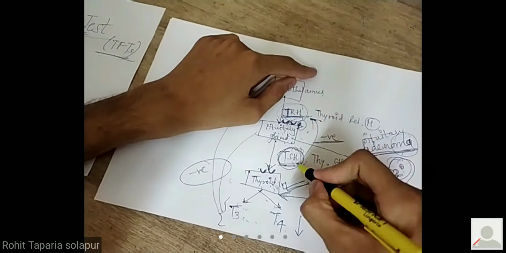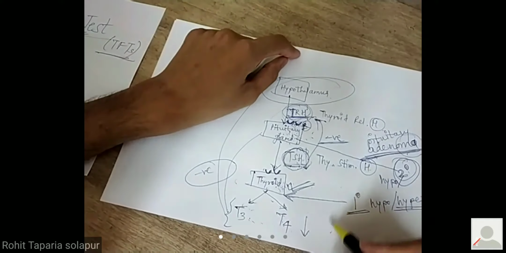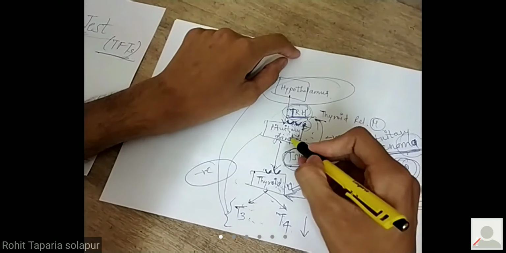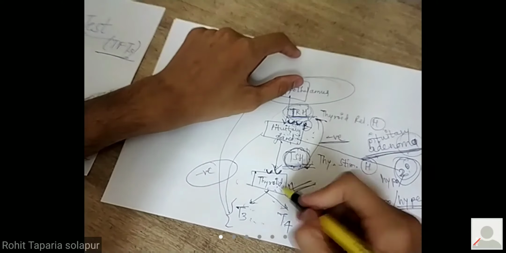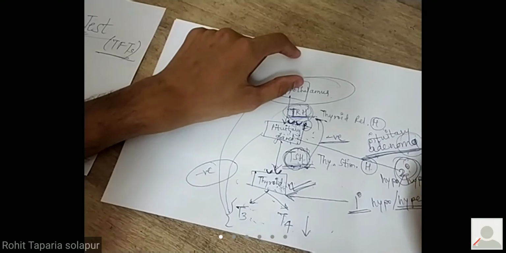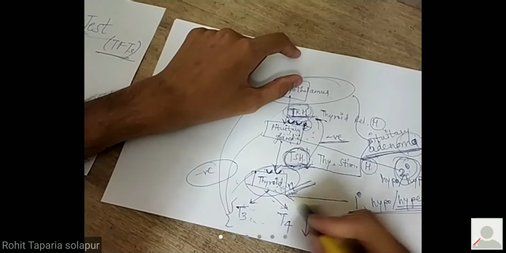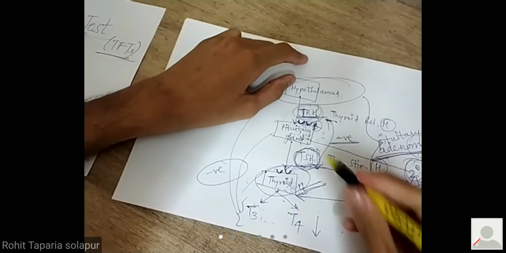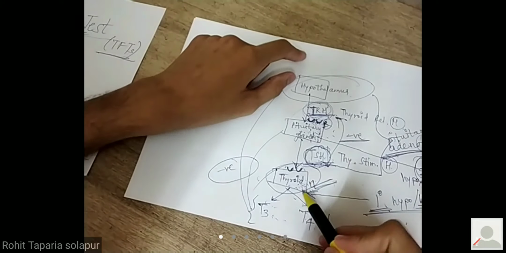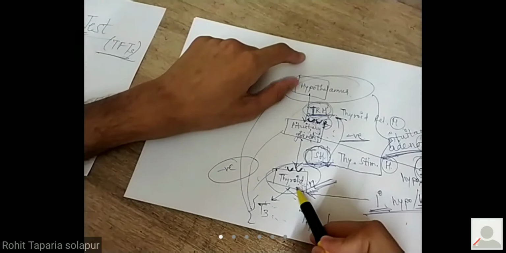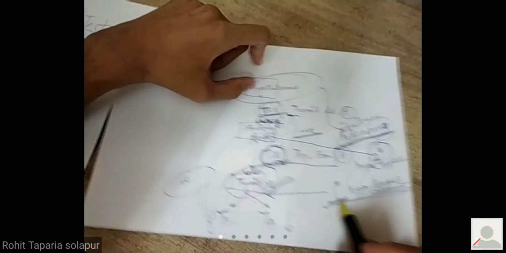And if TSH production is increased because of, say, hypothalamic tumor, because of which TRH is increasing, so pituitary वरती जास्त लोड आला, pituitary पण जास्त secretion केलं, TSH is increasing, and so thyroid is working fast, so it is getting more and more stimulated. That is secondary hyperthyroidism, because the main organ thyroid about which we are discussing is not the cause. It is something else which is stimulating the thyroid, or which is decreasing the functioning of the thyroid. Then it is a secondary cause. May it be pituitary, may it be hypothalamic. So it is the secondary.